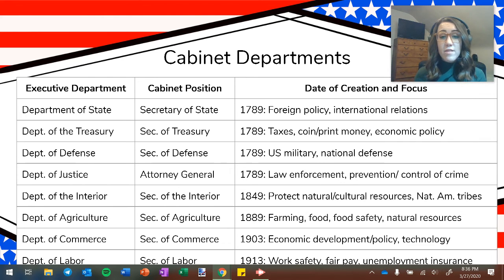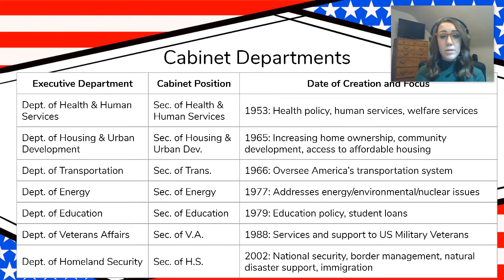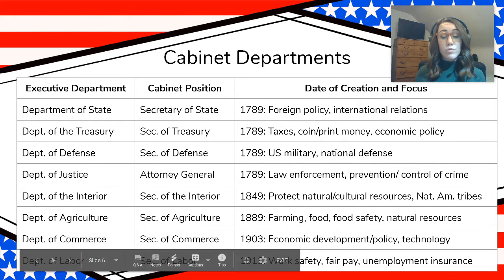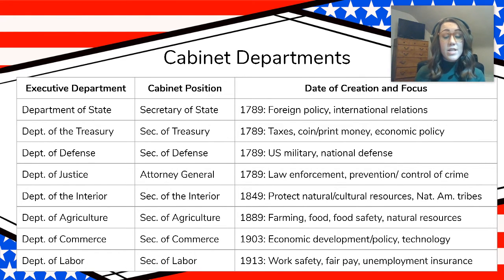Now, notice after this, there are different dates for whenever the different positions were put in place. Or, I'm sorry, the cabinet positions. This is important because they really only came up as they were needed. So, for example, the Secretary of the Interior was created in 1849, and their role is to protect natural and cultural resources and deal with any Native American tribes. This is relevant because 1849 was about the time of the gold rush and lots of expansion in the United States. So this person became very relevant because that's what was needed at the time. So that's also true for any time another role was put in place.